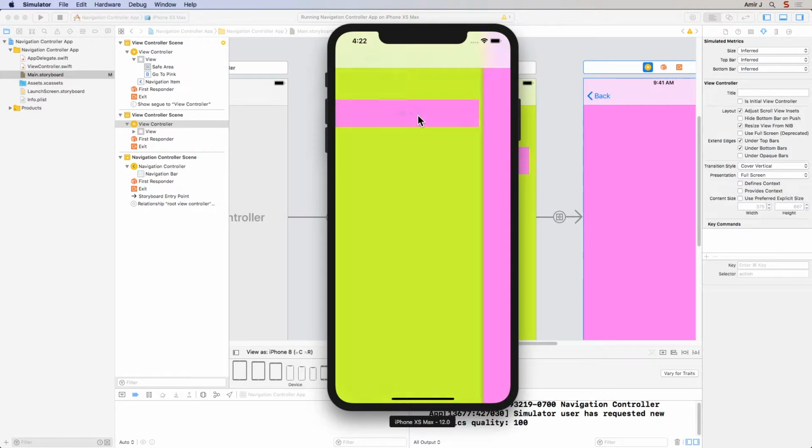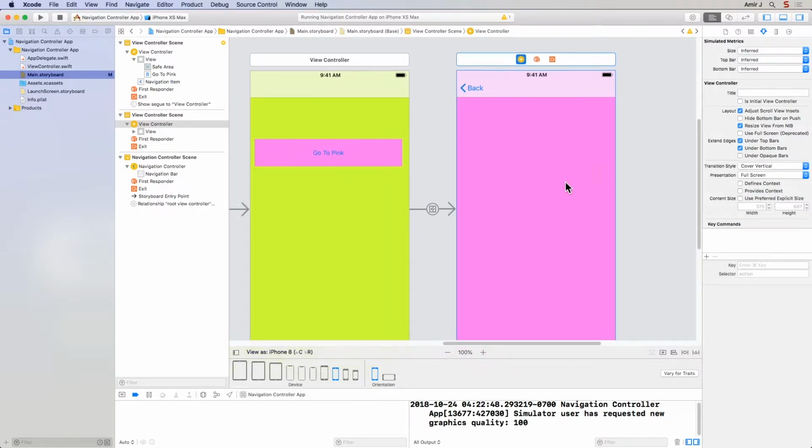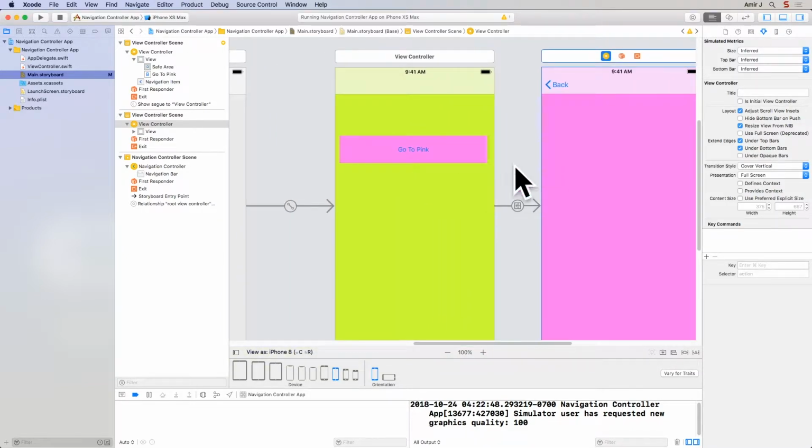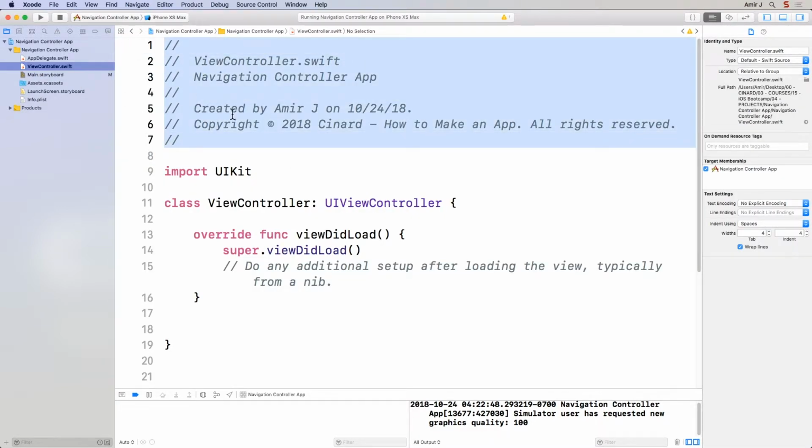But for this exercise, it doesn't really matter. So now when I press on the pink, we get navigated to the pink view controller. The pink view controller appears from the right side of the screen, it slides itself in, and also it has a built-in back button that shows me how we can go back. Now let's change a few things in here and learn a little bit more. So the first thing is I'm going to go in here and say, when we land on any of these view controllers, I want to see their title. So for the view controller, which is our green view controller,